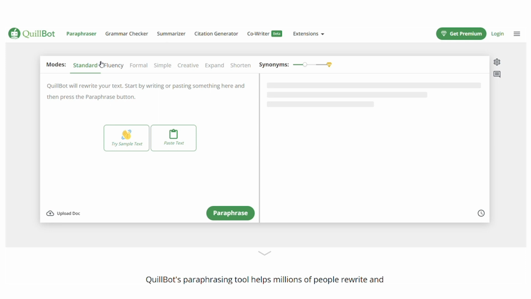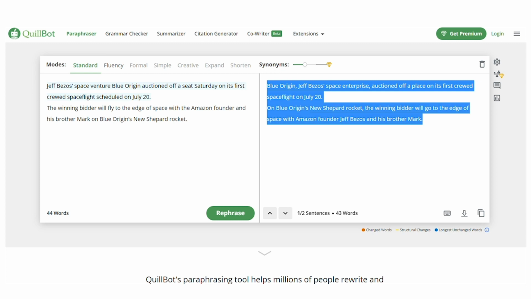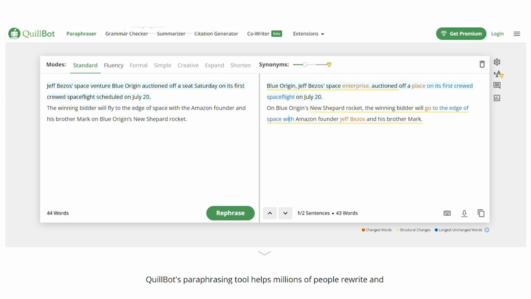So all you have to do now is put your content into this box and click paraphrase. It will also completely rework the article. The best thing is that it's all done for you for no cost. So on the left, we have the original article, and on the right, we have the reworked content, which is now unique and ready to use. With a single click of a button, I can now duplicate this rewritten post and utilize it to generate money online. And you can do the same thing with all of the articles from other categories that are accessible in